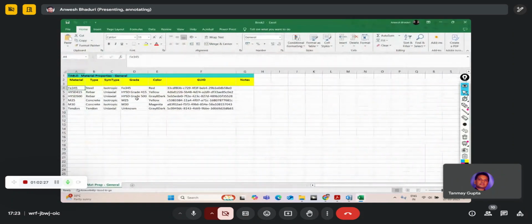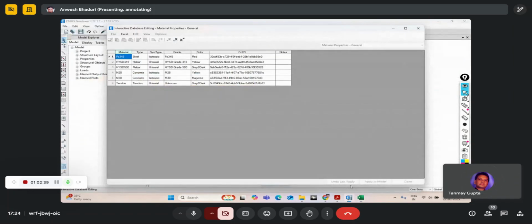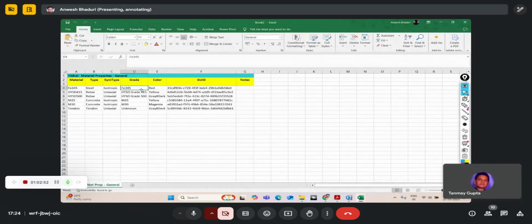You can take it to Excel if you feel like changing any of this data over here. You can change it there, and after you have done the edit, you can always call back the table from Excel by retrieve table from Excel. Let's make it Fe 550, just one simple change. Now if that is not defined already,